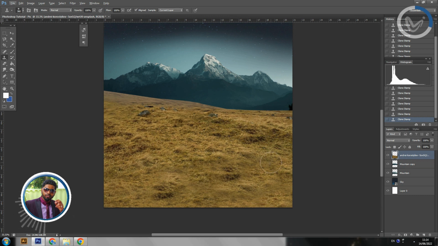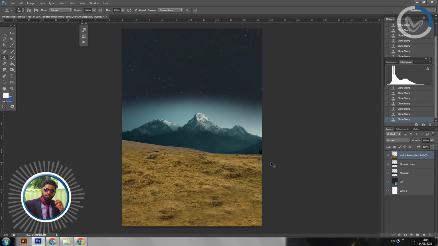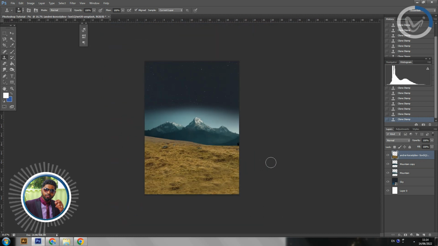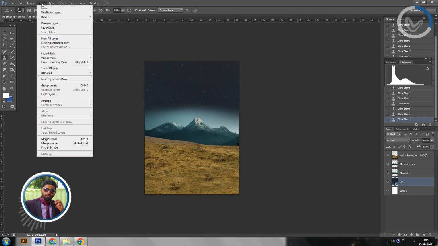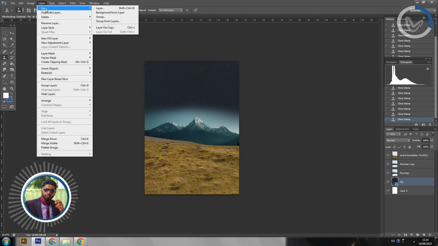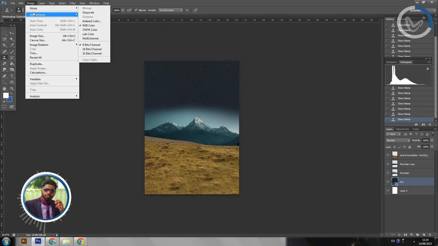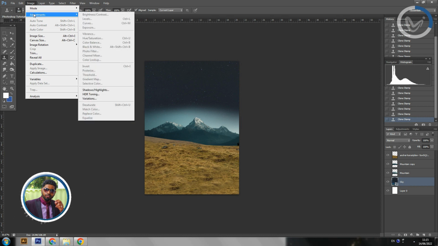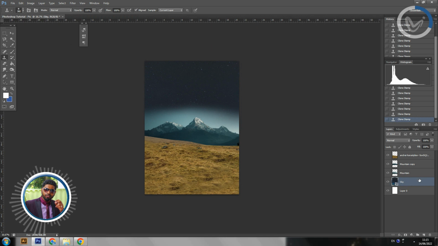Now, what we're going to do, we're going to go to our sky, and there's something called hue and saturation. We're going to play around with that a little bit just to get the mountain color. Okay, so we're going to go to layer, filter, sorry. Oh, what is it called again? Sorry, layer, sorry, image adjustments. Okay, that's the one I needed. I forgot. Once again, this is not rasterized. So we click on the right, click on this, rasterize layer, and then we go to image, go to adjustments. By the way, I'm just gonna copy it just in case,